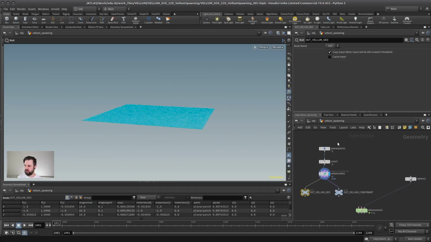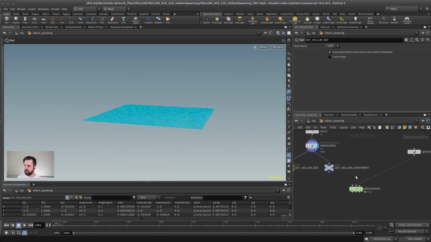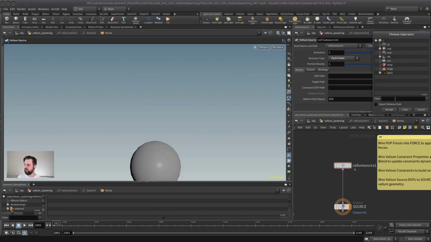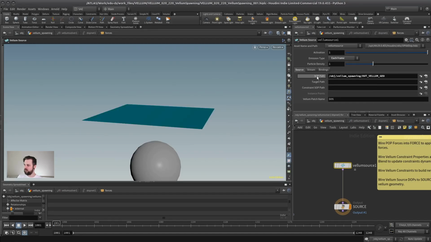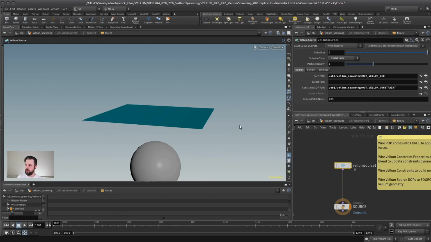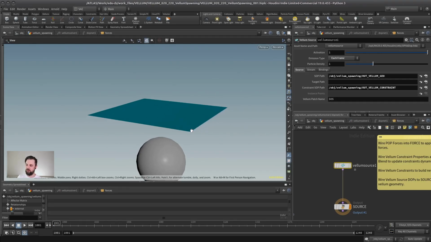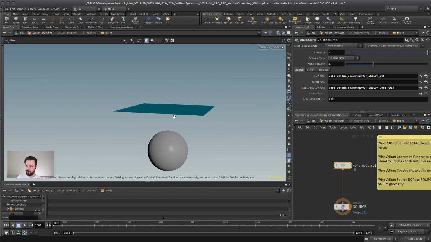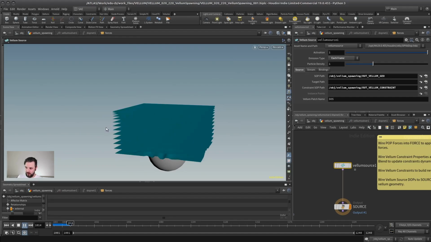Theoretically, I think you could create something like this with a SOP solver or something, but it's much easier that way, because now we can just find our out null. So there it is, our out Vellum geometry for the first input SOP path, and then for the constraints that it needs, we use the out Vellum constraints. And now it knows the whole thing that it has to emit every frame, including the constraints, so that it behaves like cloth. If I press start, you can see it actually works,